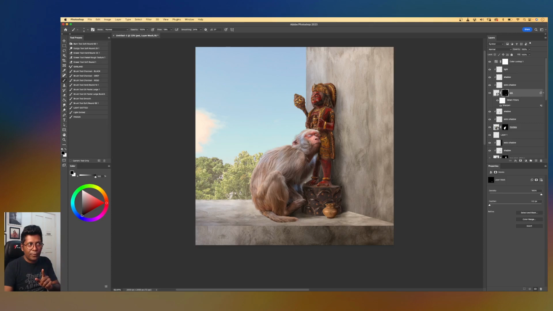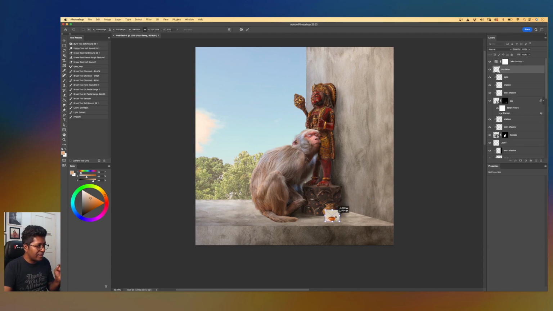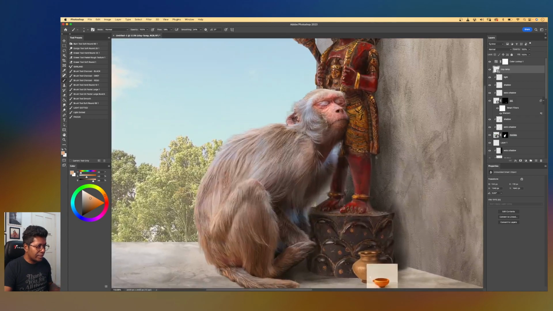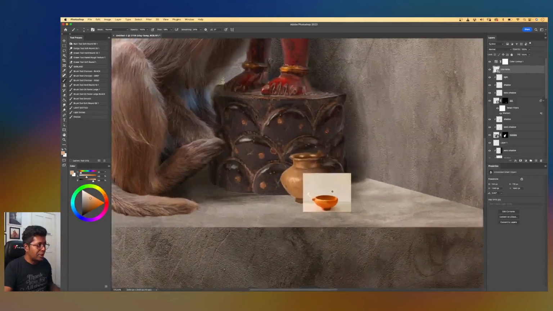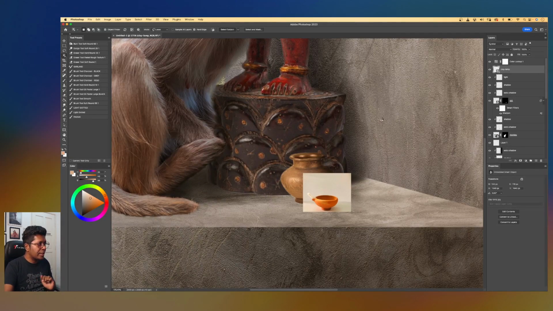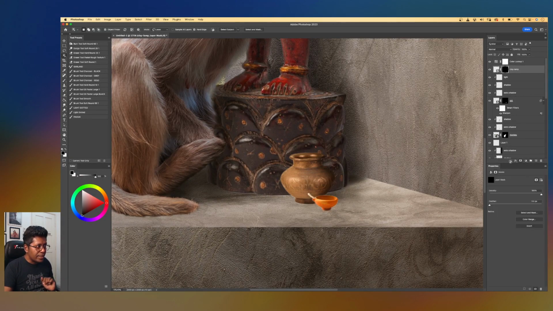There's one more thing that I want to add. In my story, I did mention there's also a light. Not sure if I mentioned it, but having a clay lamp light just adds a realistic looking thing to your manipulation. Okay, for this, I am going to press W, select subject, and then mask it, move the lamp slightly in front, and then we're going to do a bit of color adjustment to the lamp because